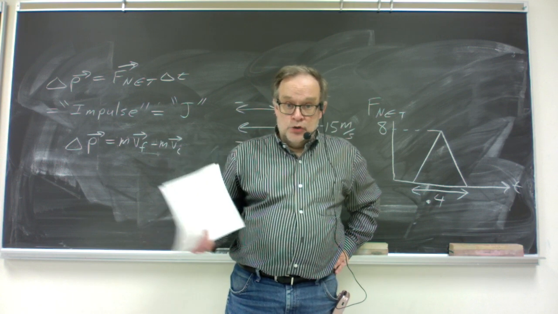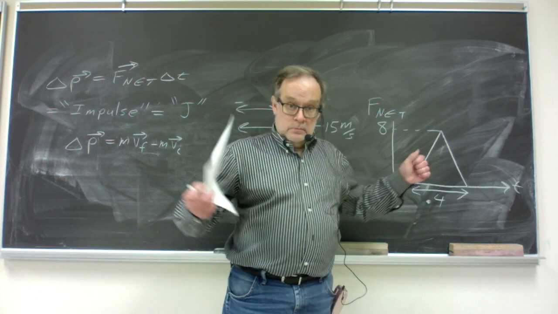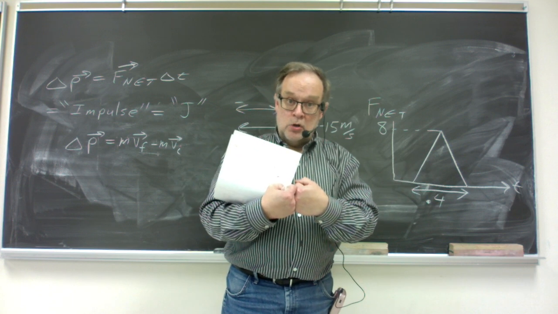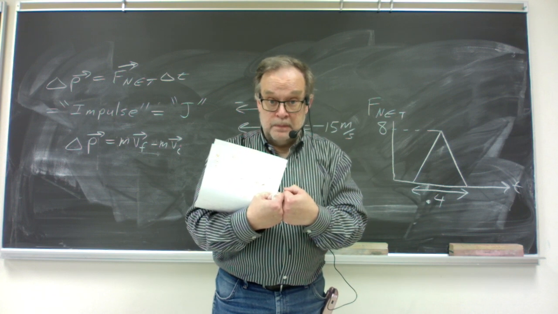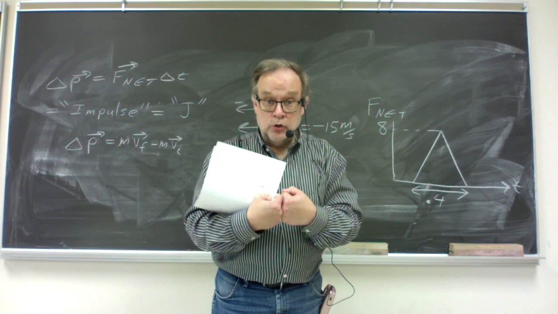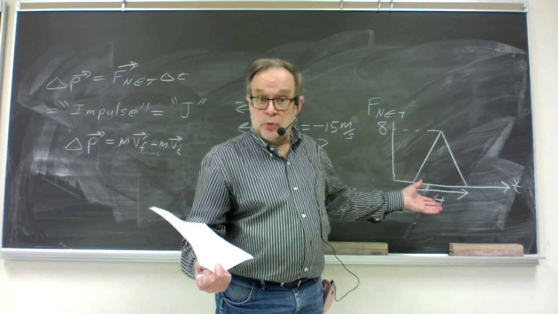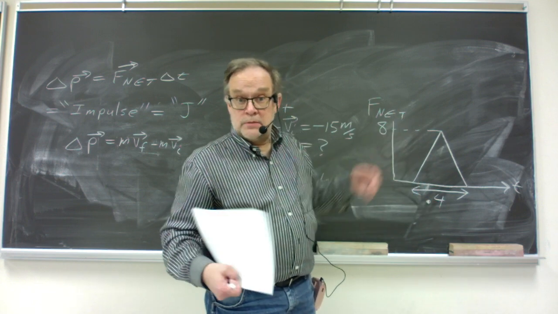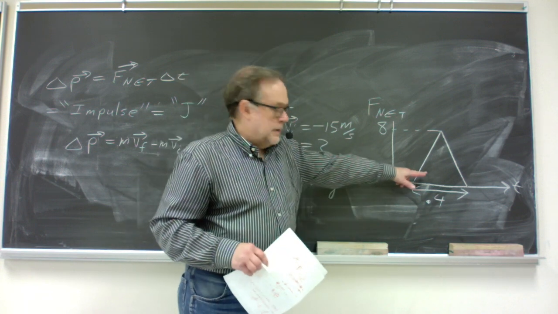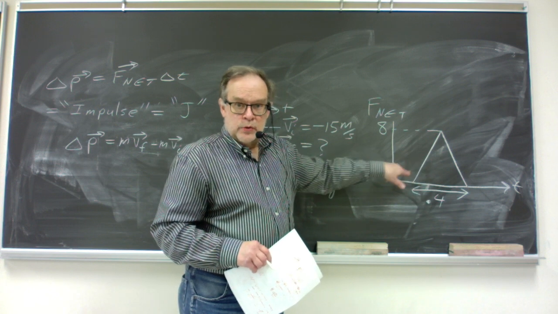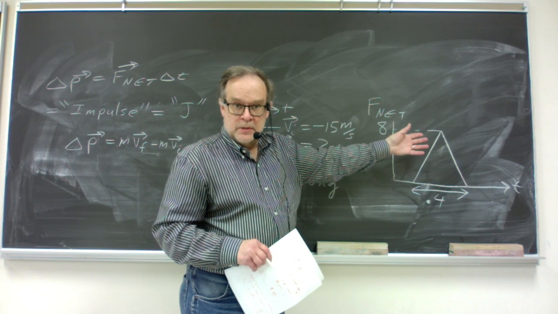That is, for the short period of time when the racket is in contact with the ball, the force from the racket on the ball and the force from the ball on the racket are the only significant forces. They're stronger than any of the other forces. So to a good approximation, the force from the racket on the ball is the only significant force on the ball, so it's the net force on the ball. Okay, so that area between the net force line and the time axis is equal to the change in momentum, delta P,